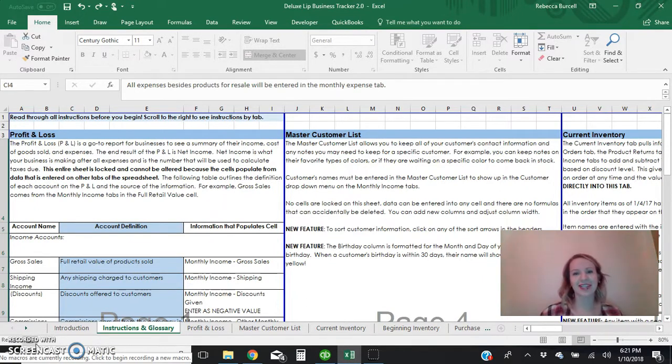And so for 2018, I just wanted to refresh the file and add a few new features that were requested many times. I'm just going to show you the spreadsheet as a whole, and you'll see all the new features included in it. So the first tab you see when you open the Deluxe Lip Business Tracker is the